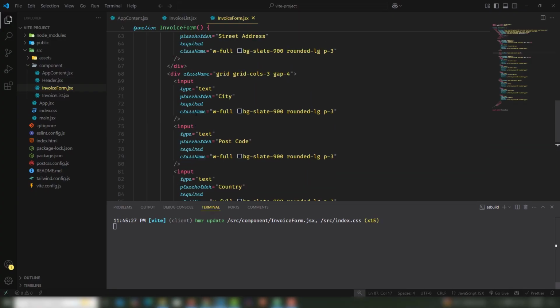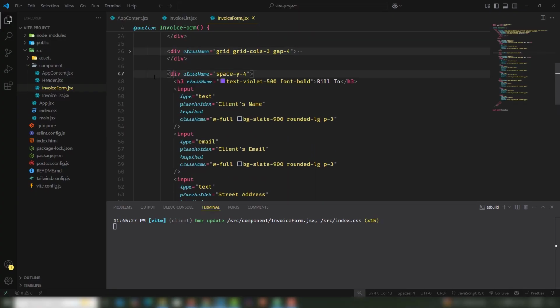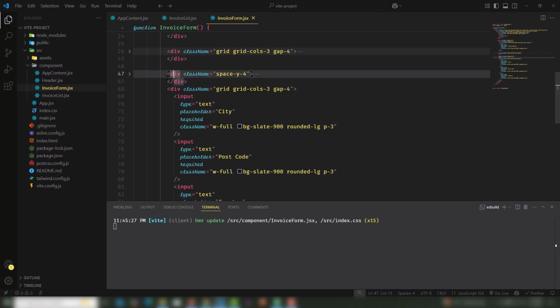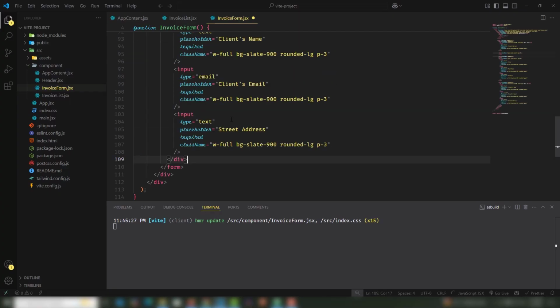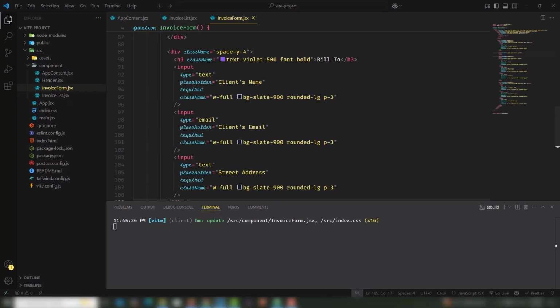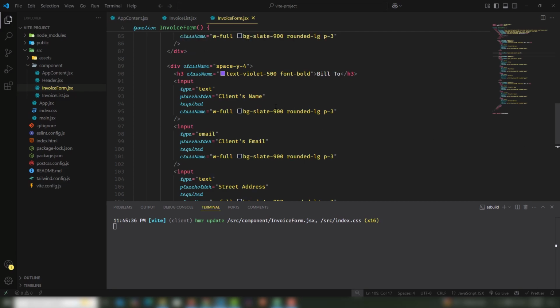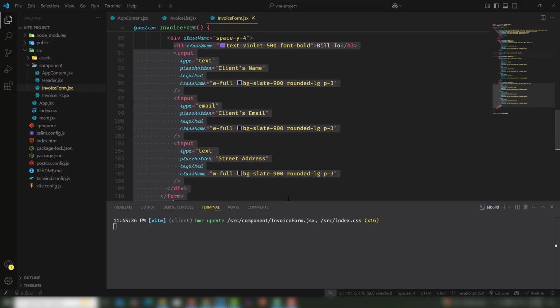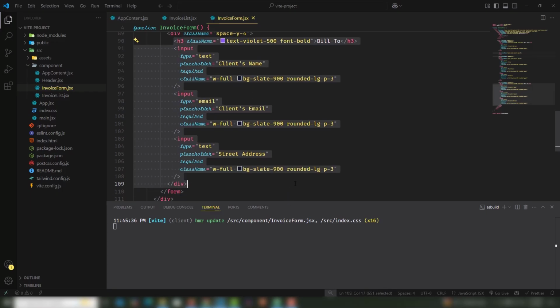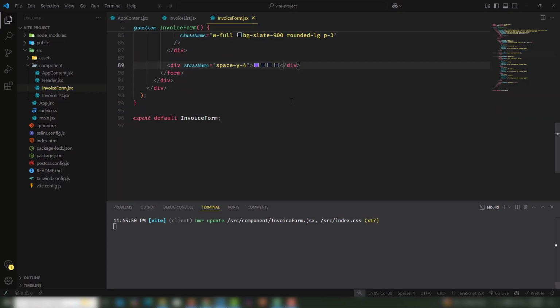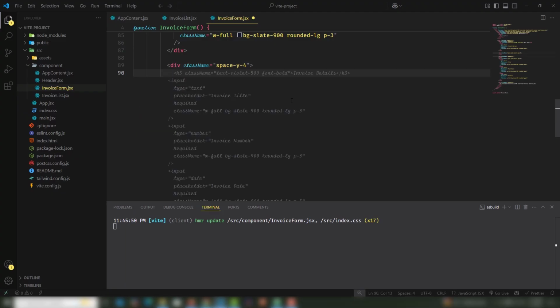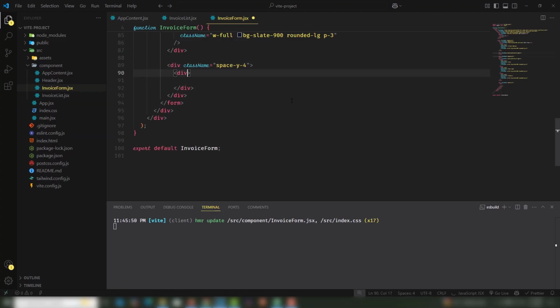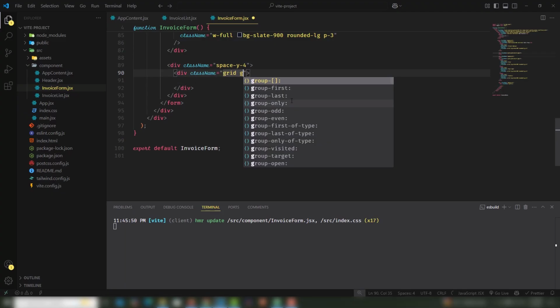So after this one I need to get this one, this code, and I'm going to paste it there. Right, so after this one I need to add a few things. Not this one, I'm going to change these details. Okay, this is a div with space-y-4, I use div, and I'm going to add the class grid-cols-2